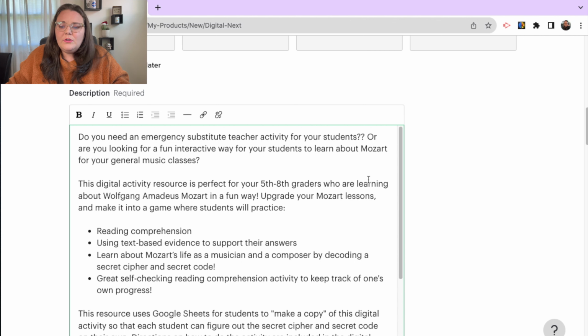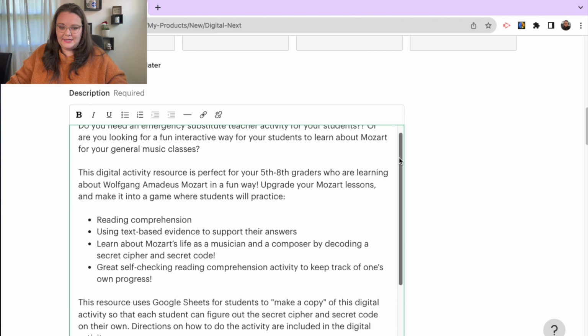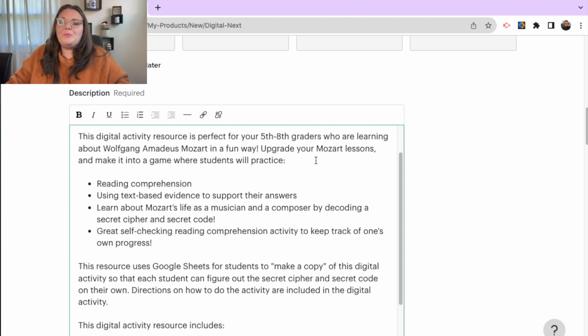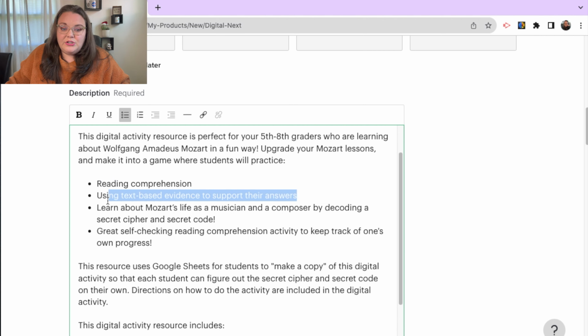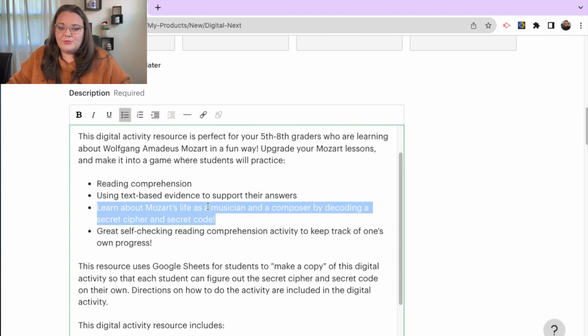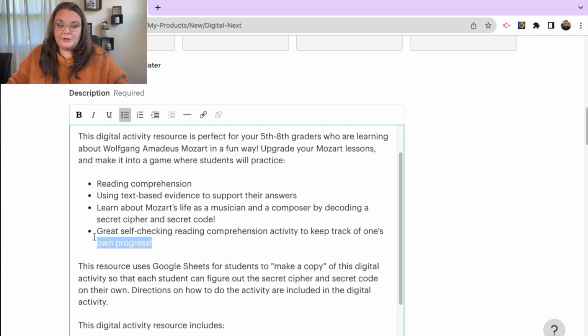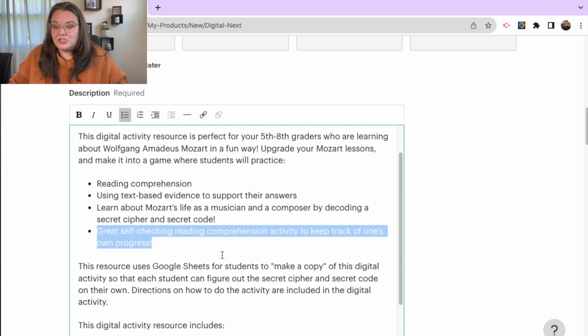So upgrade your Mozart lessons and make it into a game where students will practice reading comprehension and using text-based evidence to support their answers. They learn about Mozart's life as a musician and composer by decoding a secret cipher and secret code. And then I put on there great self-checking reading comprehension activity to keep track of one's own progress,